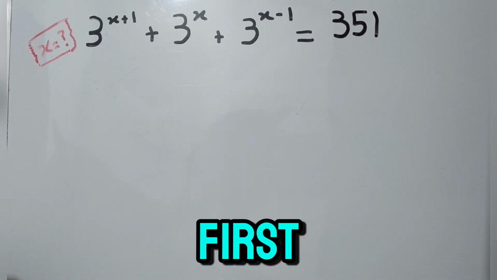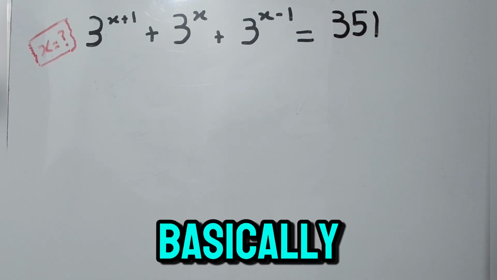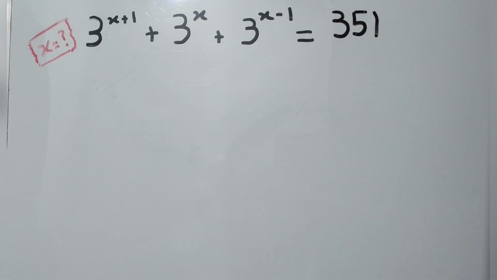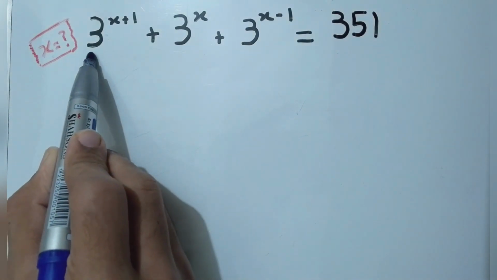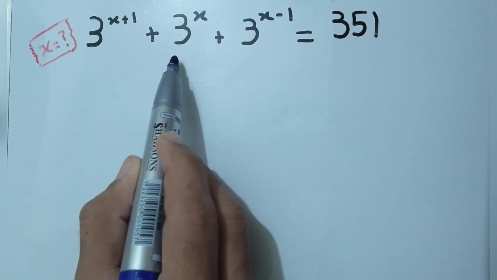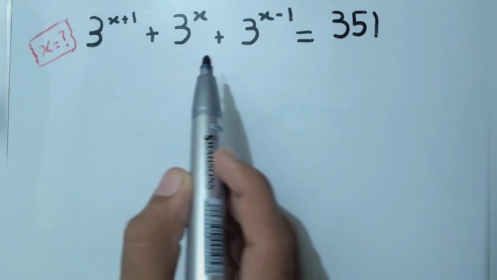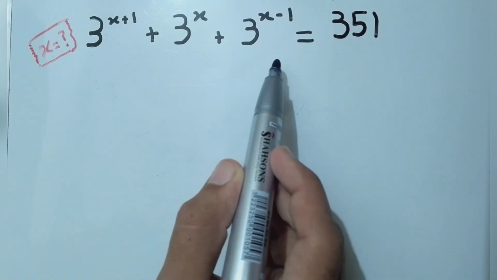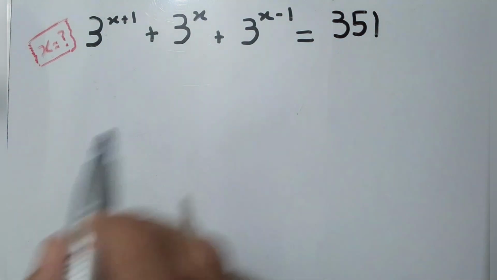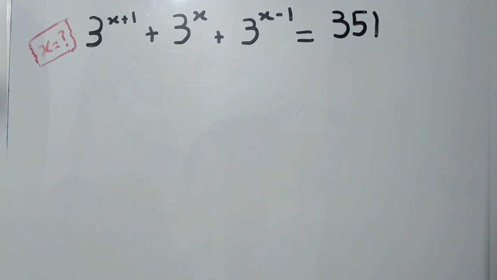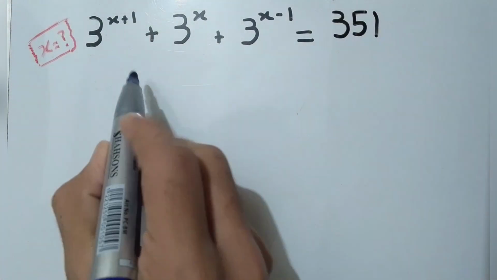Now, first, let's start by understanding what's happening in the equation. To notice here, we have three terms. The first term is 3 raised to power of x plus 1. The second term is 3 raised to power of x, and the third term is 3 raised to power x minus 1. So let me first tell you a very basic rule or property of indices, that is